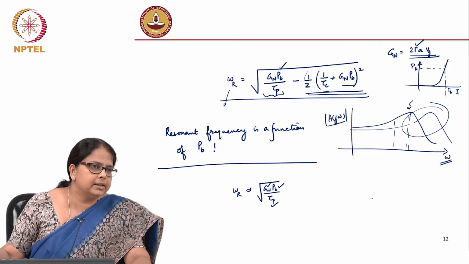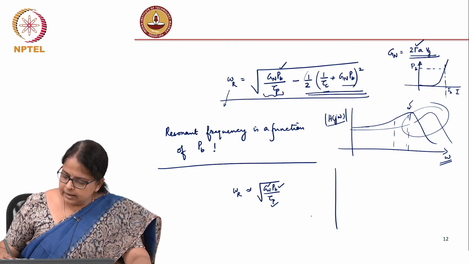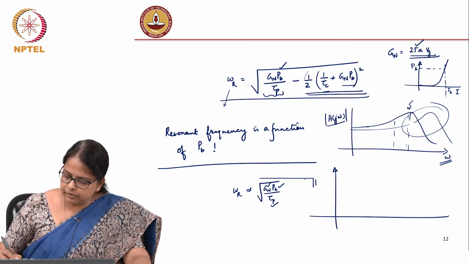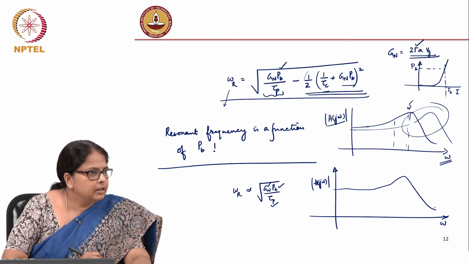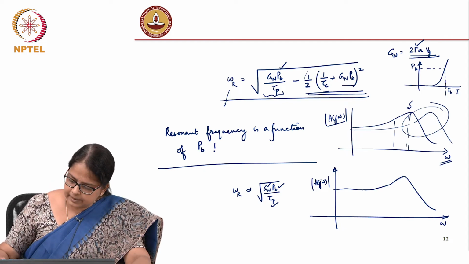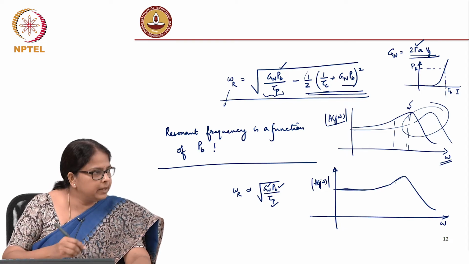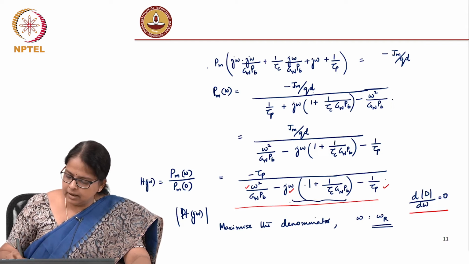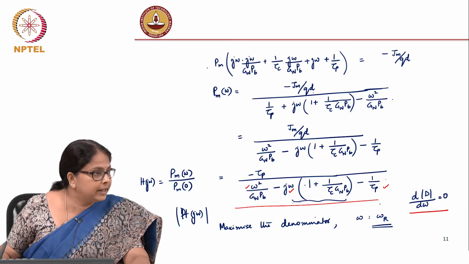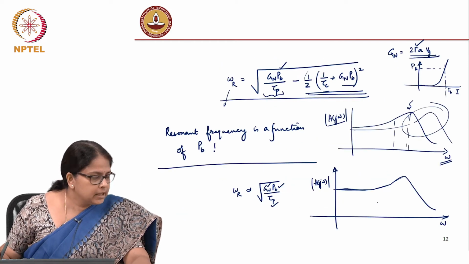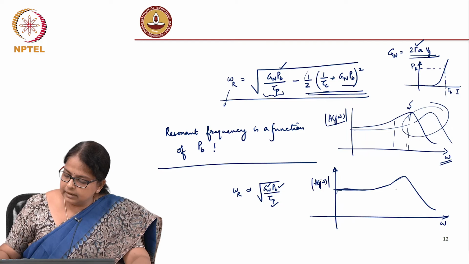I will redraw this. It is going to look like this: mod of h of j omega versus omega is going to be flat and it is going to look like this. So, the damping is such that it is extending it, and that is actually dependent on the nature of the transfer function. The nature of the transfer function is a heavily damped kind of an oscillator, and